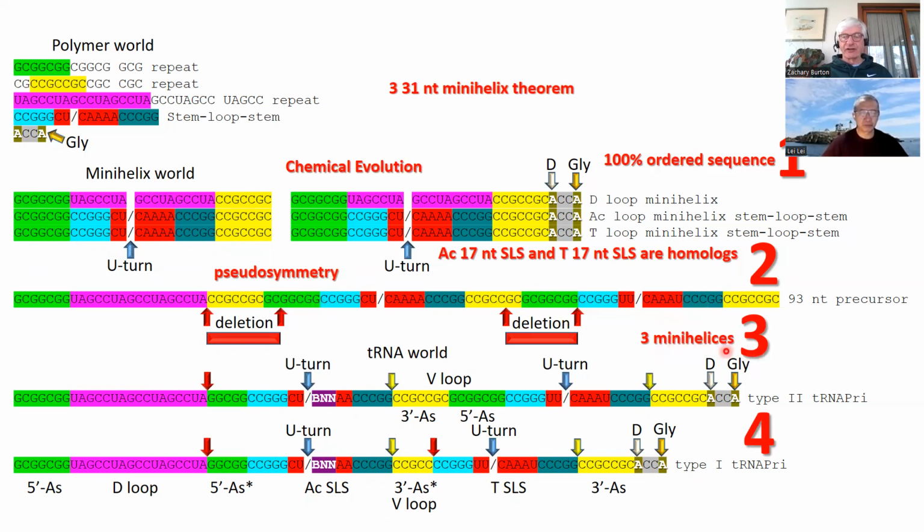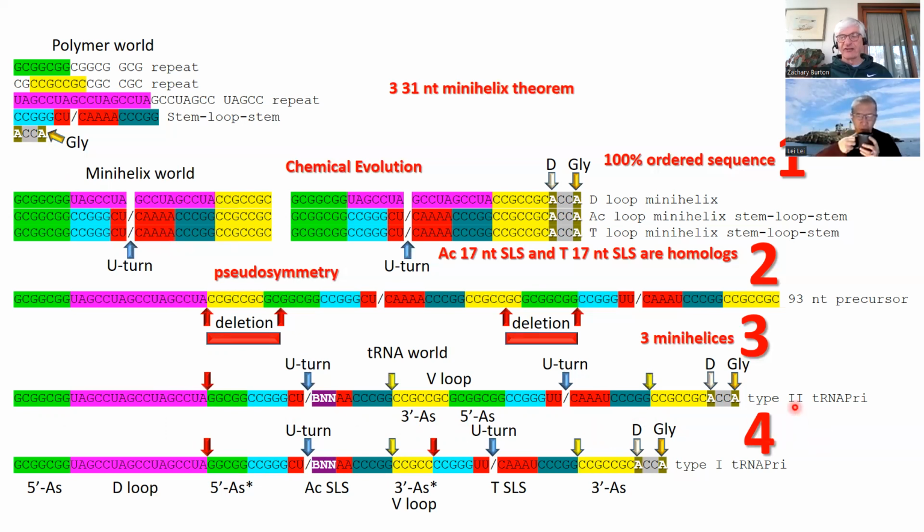The third point is that there are 3 mini helices, and you can count them up various ways. You can count them 1, 2, 3 like that. You can count them by mini helix cores, 1, 2, 3. Notice that this one is a different flavor than that one, and that one, that one, and that one were initially identical, and they've slightly deviated from one another over 4 billion years of Darwinian selection by customizing the loops for their various purposes.